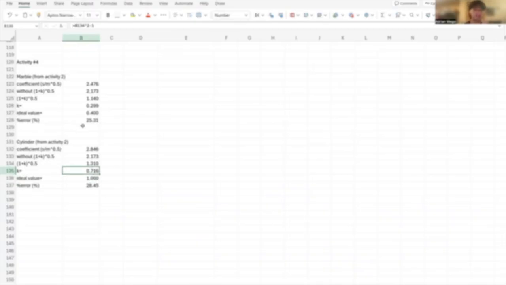But there are other systematic errors that apply for both the marble and the hollow cylinder. First, air resistance could influence it a lot. Friction, you can hear the sound, so the energy transformation that was occurring there had to do with friction. And also the timekeeping, there was human error every time we kept the time. So that could have